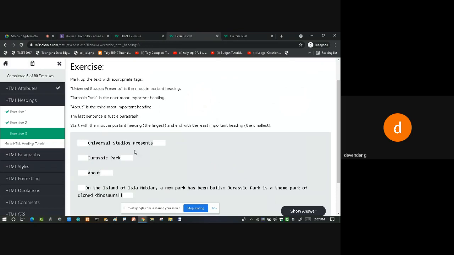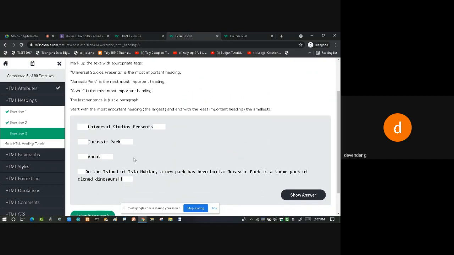So Universal Studio Presents should become the largest heading. Jurassic Park should be the second heading, and this should be the third heading, and this should be a paragraph. What tags do I have to write here?